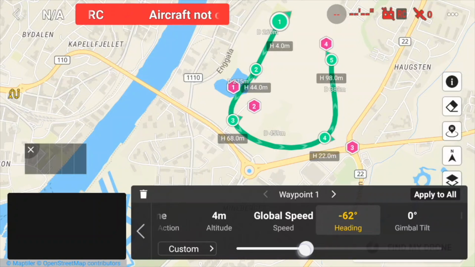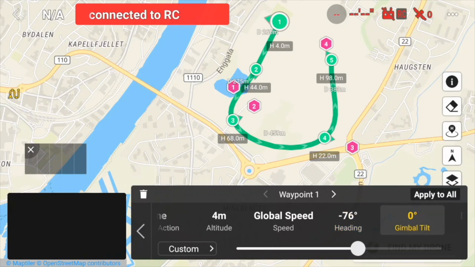You see the symbol on the map, how it changes. The tilt is up and down, so you don't see it on the map, but that's also possible. If you're flying the route and you want some small adjustment, you can do it here.